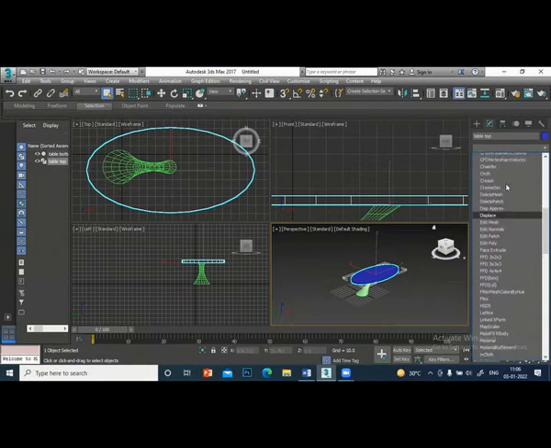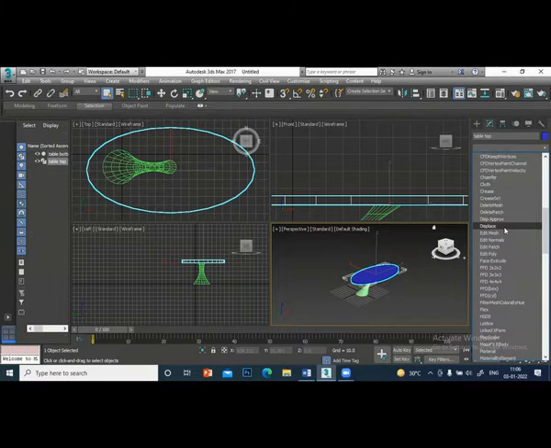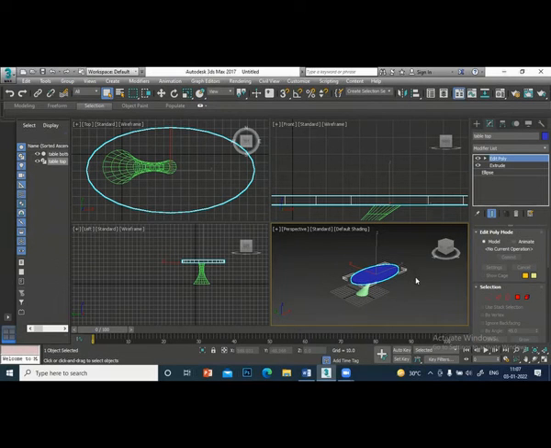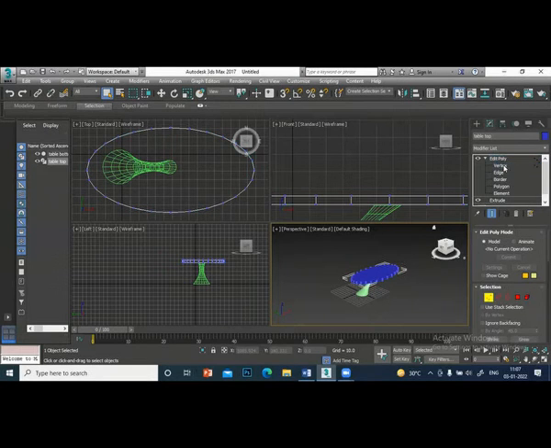That means I have to apply edit mesh. Mesh is for 3D. It is not a 3D object. Edit poly. Try this. Edit poly. I applied an edit poly. I'll switch on this, and you can see that there are vertex, edit, etc. for this ellipse. When I select edit, I can see that there are many vertex here. Select one.